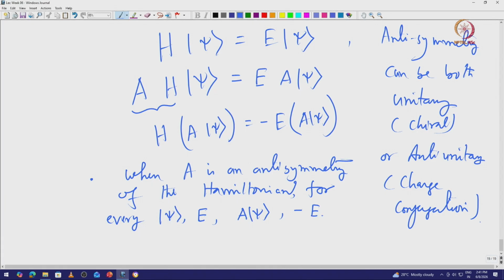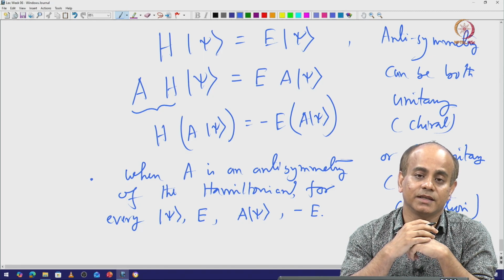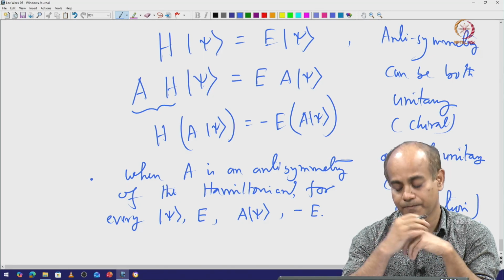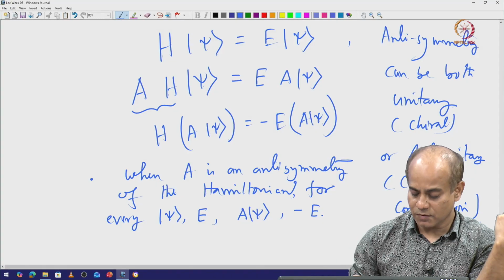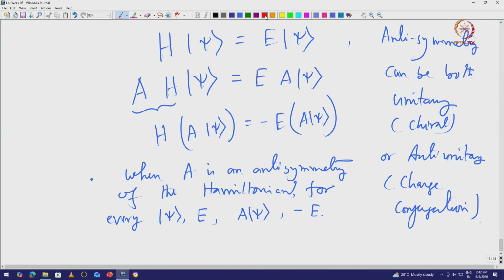So, for every energy E, there must be a minus E energy as an eigenstate. So, this is the reason these are also called particle hole